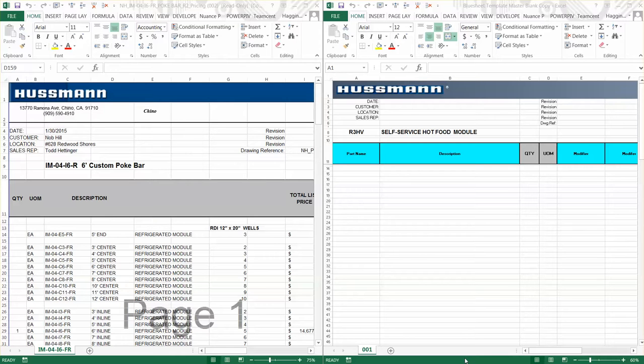Hello. Today I would like to show you how to convert an existing blue sheet into the new macro embedded blue sheet format that we have. On the left you'll see the existing blue sheet, and on the right is the macro embedded blue sheet. So I'm going to show you how to go through and copy and paste and put this into the new